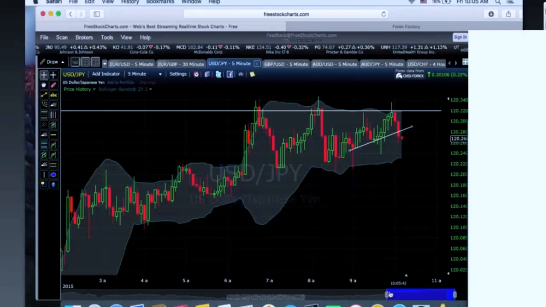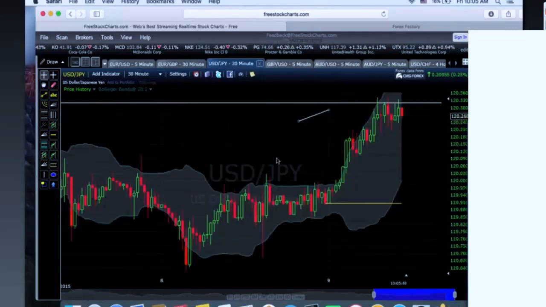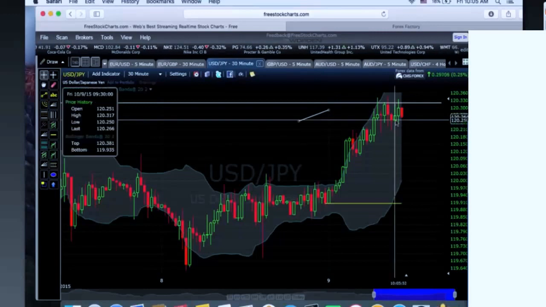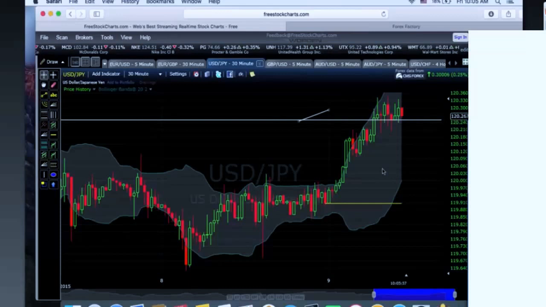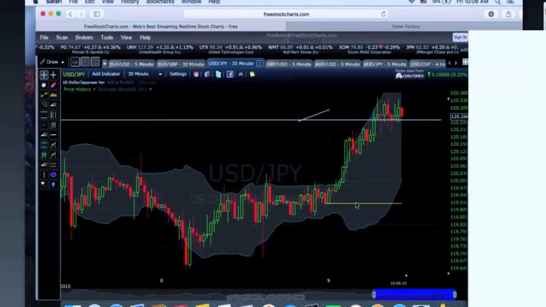Also look at USD JPY on the 30-minute time frame. You're going to see a different outlook. Now draw support there. Doesn't that look better? If we follow the trend, even though there are some long wicks there, look at it, the price has retraced. So those wicks were just